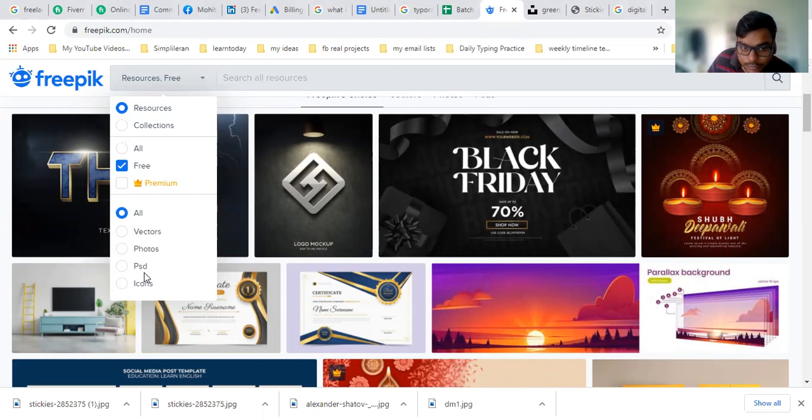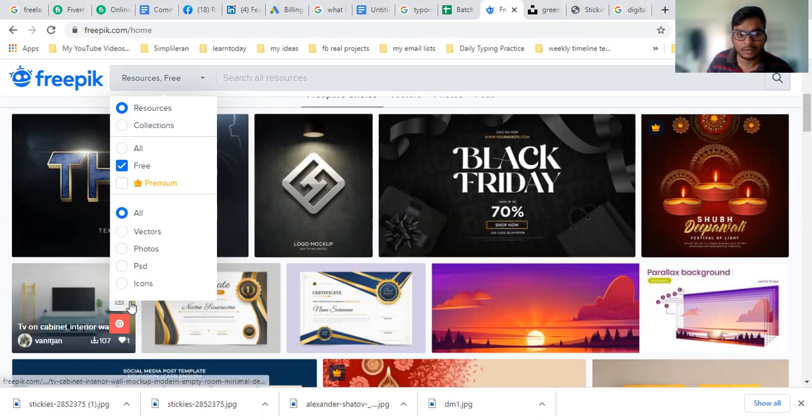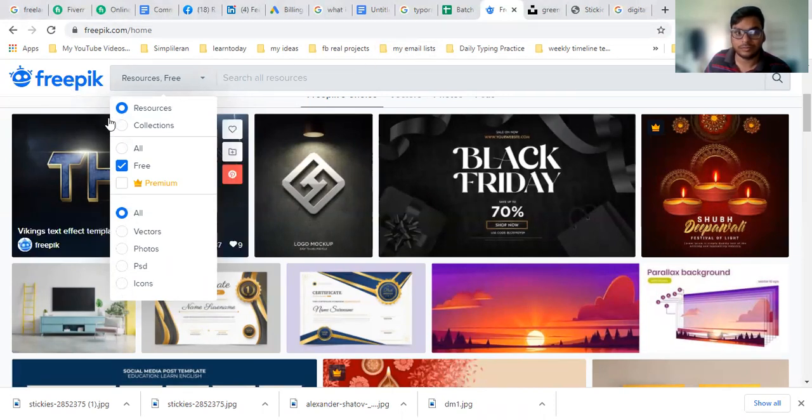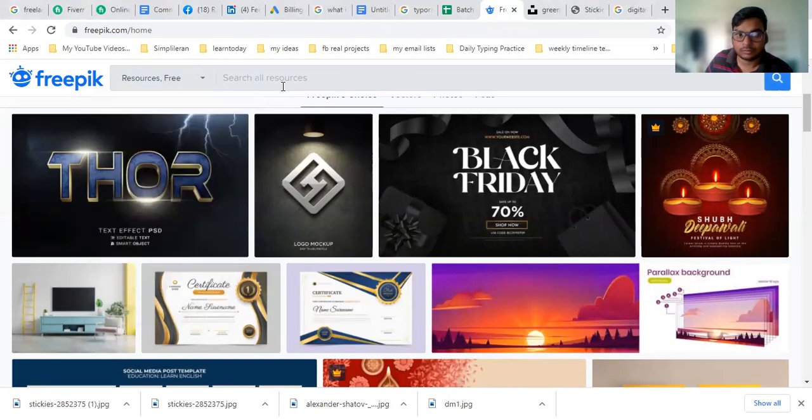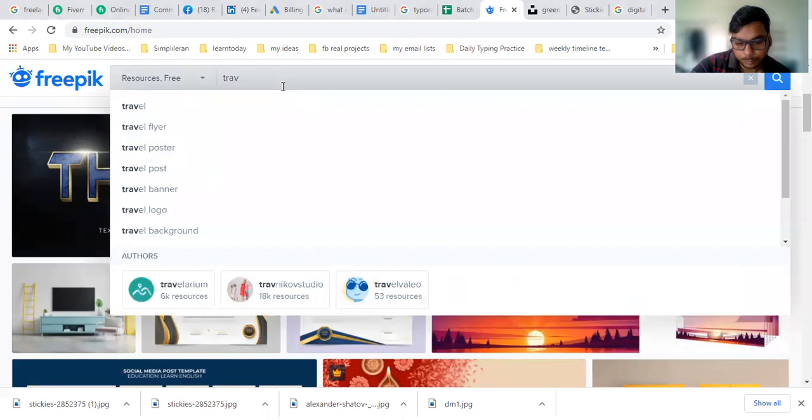Vectors, photos, PSD, icons. If you want all, you can click on all, and if you particularly want something else like icons, photos, or vectors, you can click on them as well. I think this is an advanced tool. So we click on free and then search and type anything. Let me type travel again.